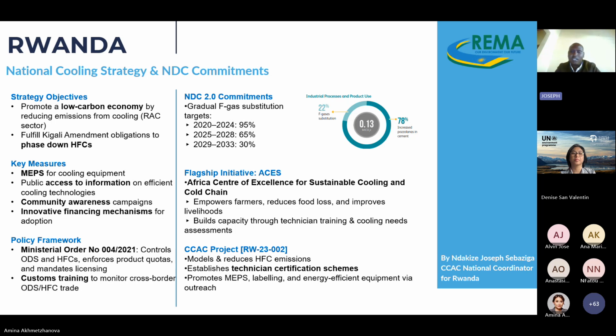What are the needs of farmers? What are the needs of technicians? How can we work together so that we can provide service? Apart from this, Rwanda has obtained support from the CCSC on increasing the capacity of technicians, but also to enact certification schemes. So we want to upgrade the technicians, either university level or local technicians, and put in place a certification scheme, a document showing: if you want to do this, this is the course you have to take, and these are the technical trainings you have to go through. Then we will have a round of trainings so that we can have technicians who are knowledgeable in servicing